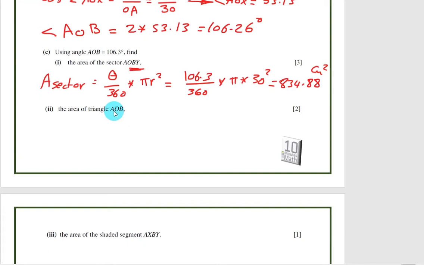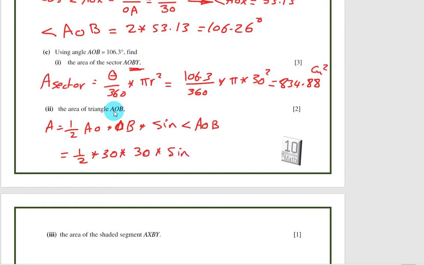Area of the triangle is equal to half AO by OB by sine angle AOB. So it will be half 30 by 30 by sine AOB,